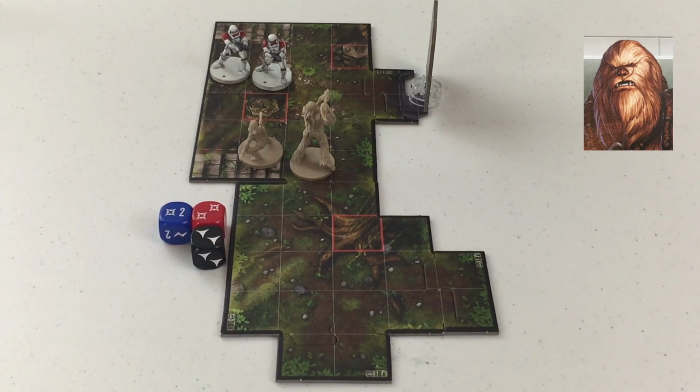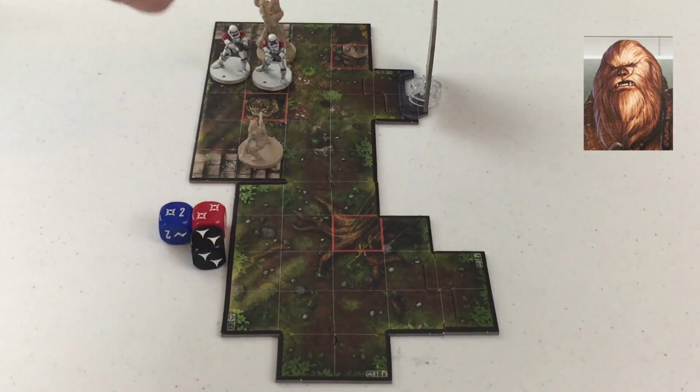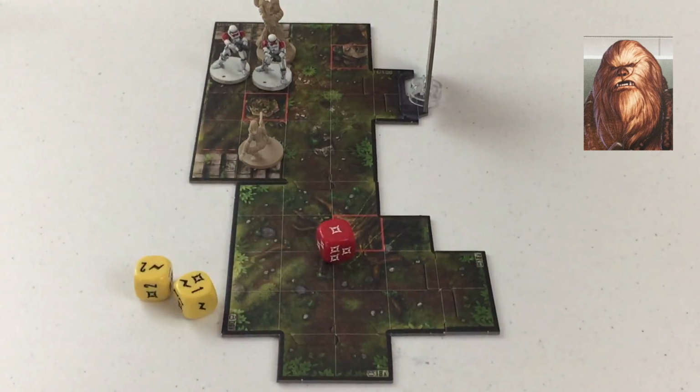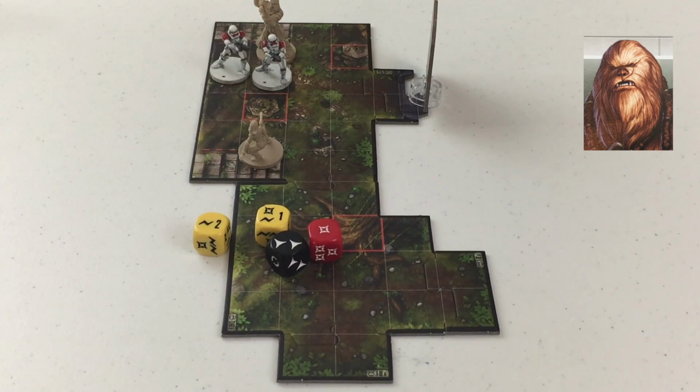He's going to activate charge. He'll take 2 strain and move 1, 2, 3, 4 and attack this stormtrooper right here. He's going to be using his force pike this time, going back with the heavy weaponry. 2 block, we'll block those 2 damage. But then we've got 2 surges. So we can use that for...